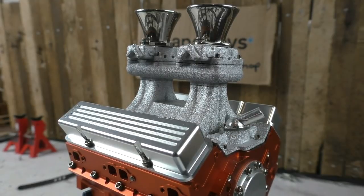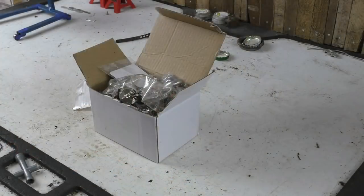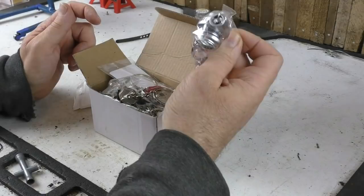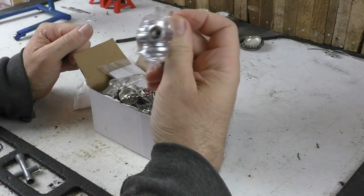So to explain the story of how this all came about, we're going to have to go back in time a little bit. Let's wind back the clock. Some of you may recall that way back in 2016 sometime I posted a video about using a keychain turbo as an accessory for the RC4WD V8. I actually bought quite a few keychains around that time, different turbos,